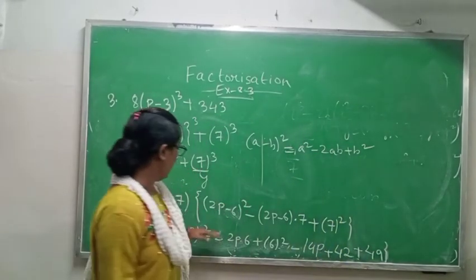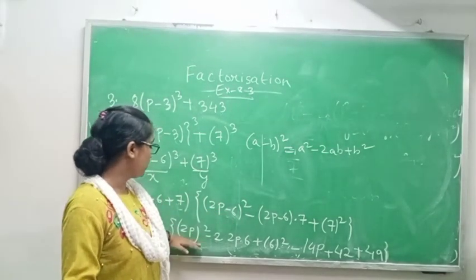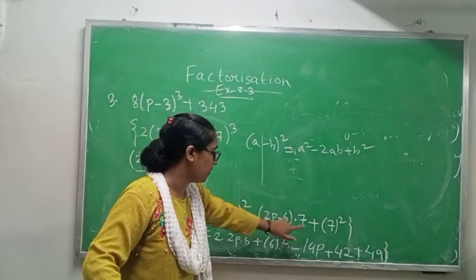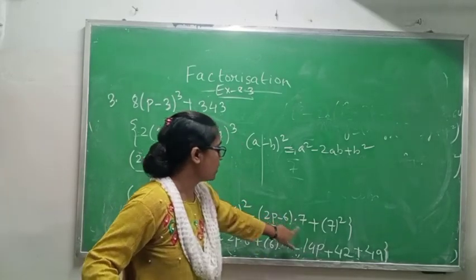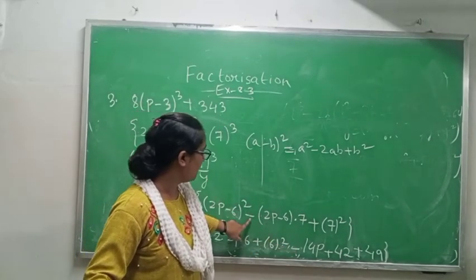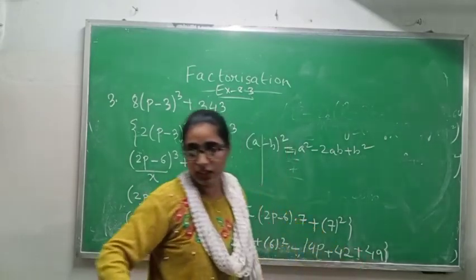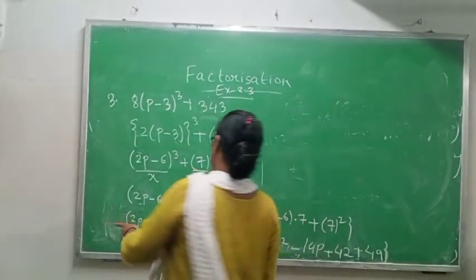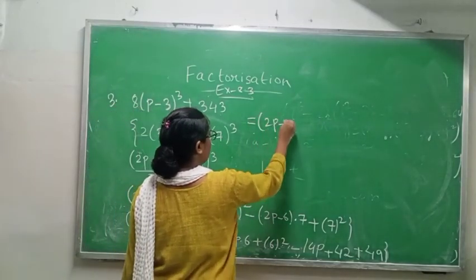Please concentrate again. First, I am saying this one, we can break it into formula of a minus b whole square. Formula is a square minus 2ab plus b square. Now we have 7 and we have to multiply 7 with 2p minus 6. So 7 into 2p, 14p and 7 into 6, 42. Now how will the symbol change? Minus plus minus plus. 7 square will give us 49. So plus 49. Okay. This one already done. We will not be able to go further. We will not be able to do anything with this. So I am writing 2p plus 1 as it is.